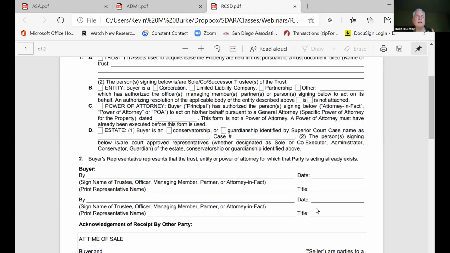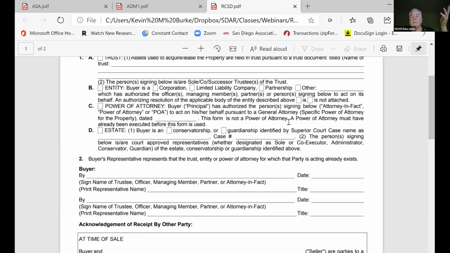So remember that I only have two different kinds of people. I either have, and this is a beautiful thing, right? I either have a natural person, somebody that bleeds, okay, natural person, or I have a non-natural person, which is any of these things, okay? All right, so it's interesting that they have LLC in there. So an LLC can definitely buy property, not a problem, but you know that an LLC can't get a real estate license. State of California won't issue a real estate license to an LLC, okay? All right, Trivial Pursuit, take it, leave it, do whatever.